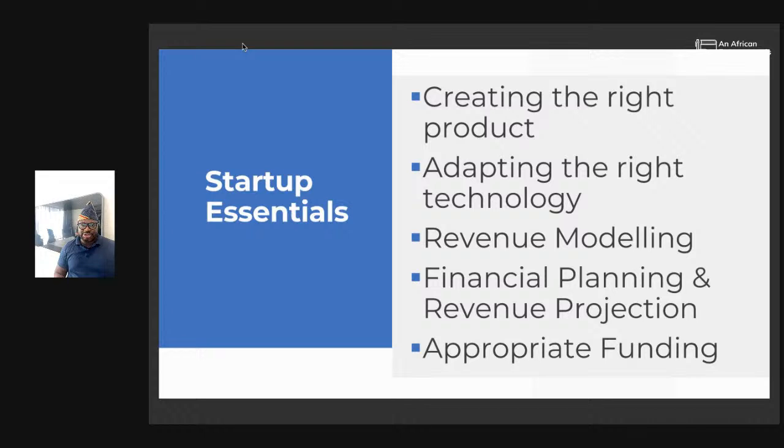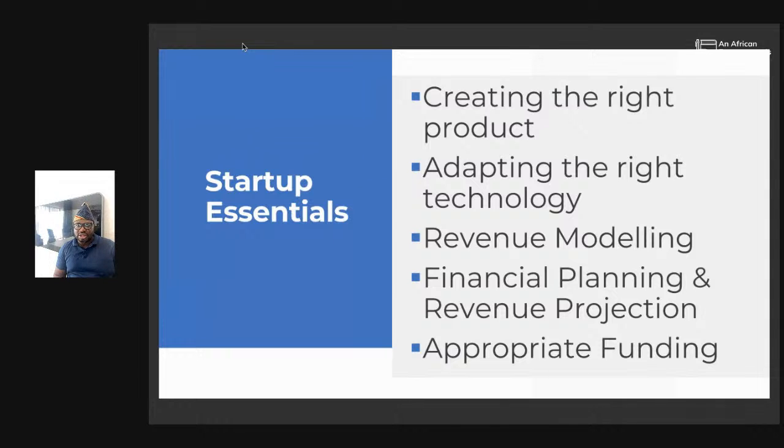It has to do with your understanding of the market you're trying to operate in. How big is the market? Do they have the problem that you think you want to solve? Do you have the solution? Is this problem big enough for you to make a profit? Are people ready to pay what will help you sustain this business? If you have looked at all these parameters, it also helps you to know how big you want to become. Then, what kind of product are you building? Is it a purely digital product? How accessible is this product?